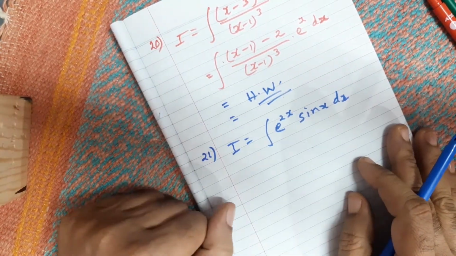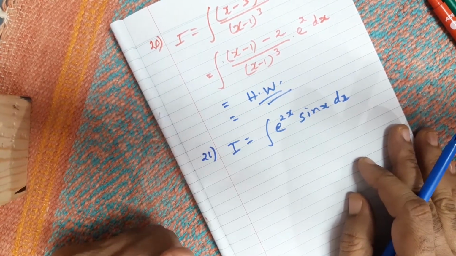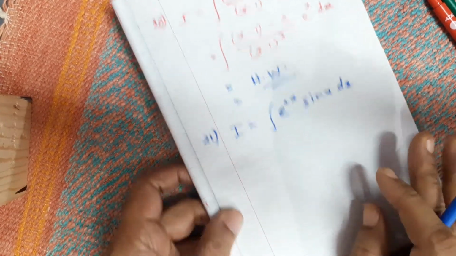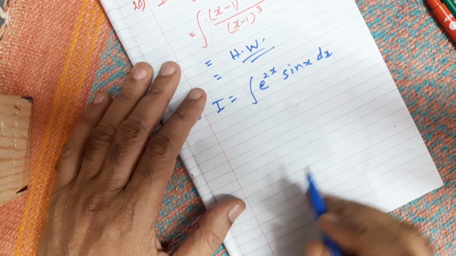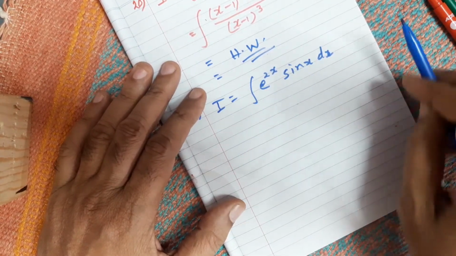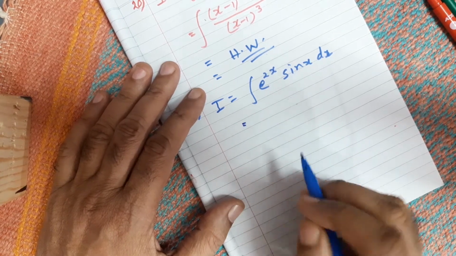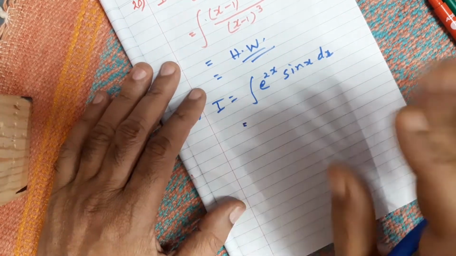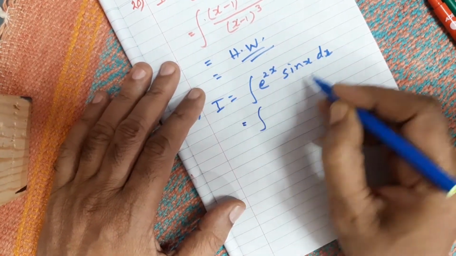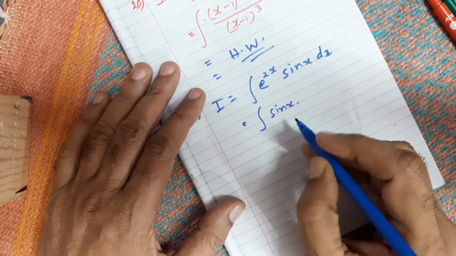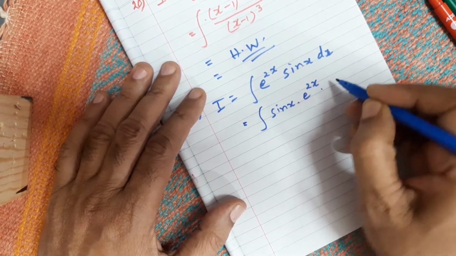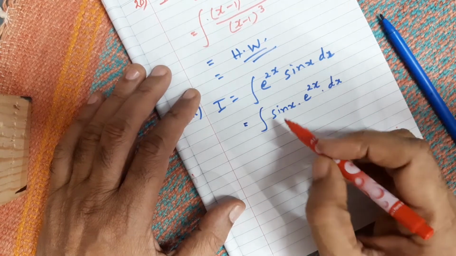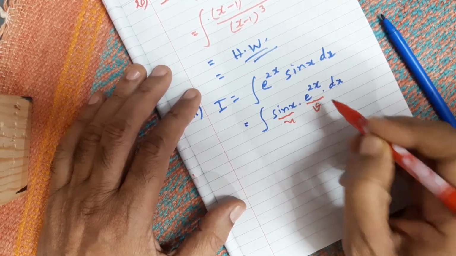So now I am going for the other, and the other thing is very simple, which is studied in this exercise only. That is integration by parts. And according to LIATE, this is trigonometry and this is exponential. I hope last time I told you that exponential is the last priority to choose u, meaning it will never be u. Remember? So I have to take sin x as u and e raised to 2x as v. Okay, so now this is u and this is v.